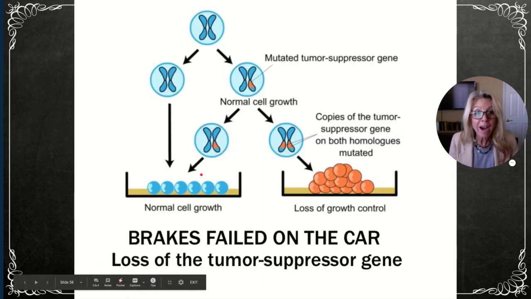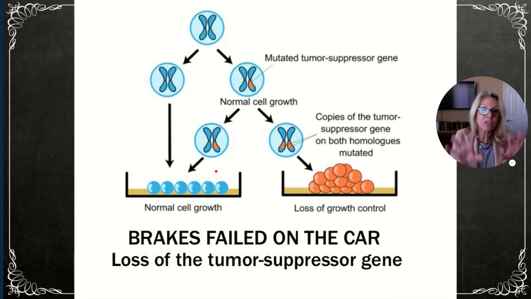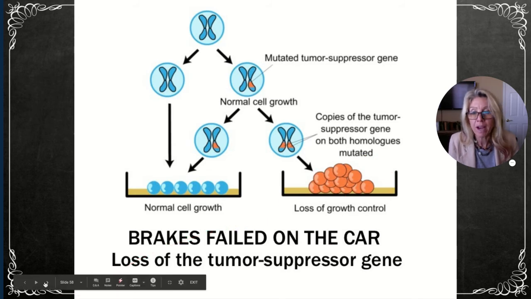So if you have brake pads, you've got your wheels, right? Your tires. If you have one bad brake, you can still be okay as long as you have a good copy. But if both your brakes are bad, that's it. So if you have a proto-oncogene that mutates to an oncogene and says start going, cell cycle, you have no way to put the brakes on that. Now,